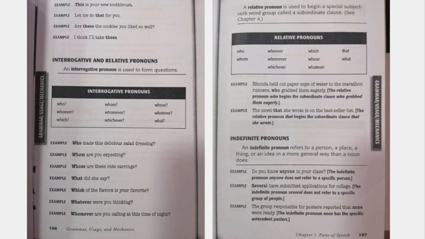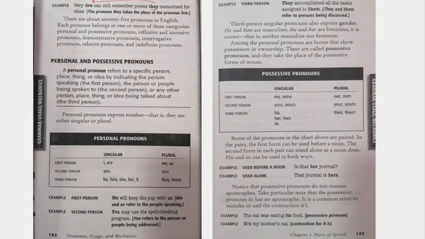Another example of an indefinite pronoun is, several have submitted applications for college. The indefinite pronoun several does not refer to a specific group of people. Now, the next example, the group responsible for posters reported that none were ready. The indefinite pronoun none has the specific antecedent posters. Okay. So, I will still give more examples about indefinite pronouns, but let's review first the content of our discussion